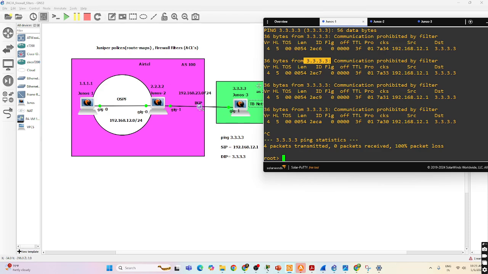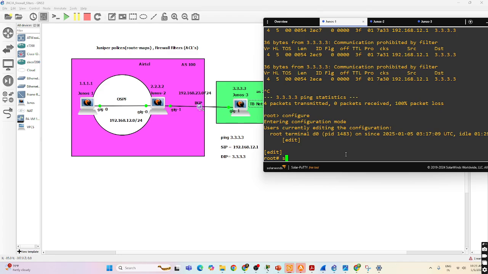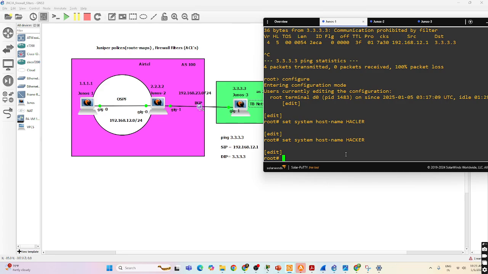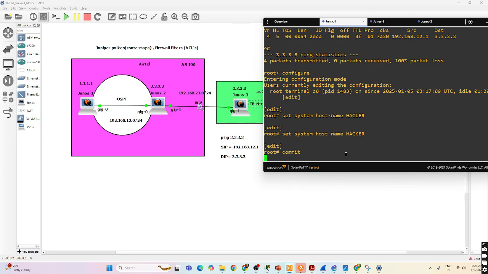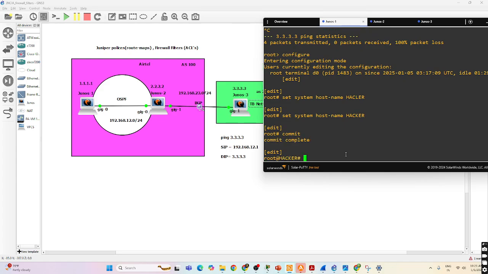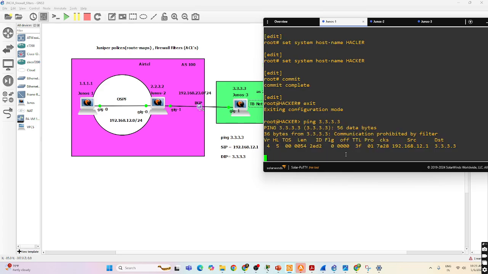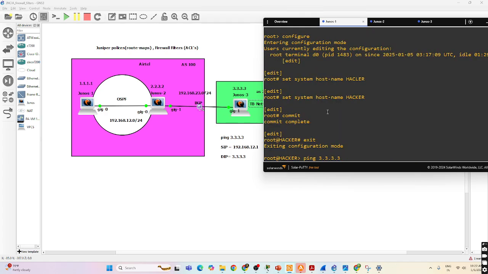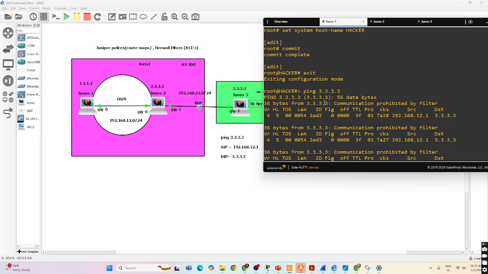See, now I'm the hacker. Let's configure this. Set system hostname. See, I'm the hacker. Exit. So he's trying to ping. The hacker is trying to send dummy traffic to 3.3.3.3,